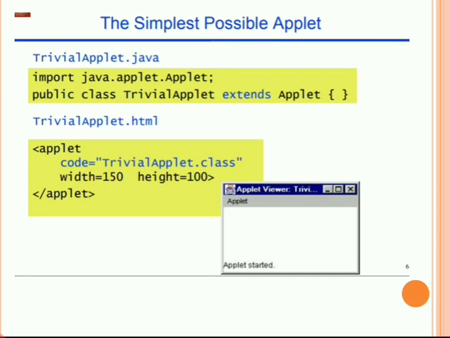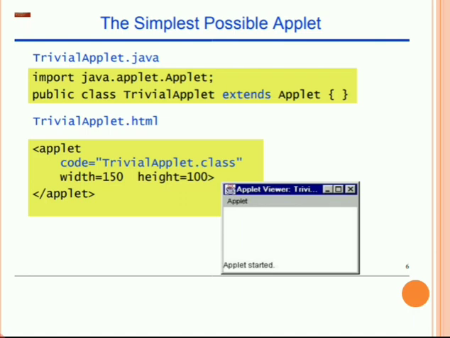TrivialApplet.java. Here an applet is generated or created, that is TrivialApplet. It is saved by .java extension as we have seen before. कोई भी java file .java extension से save होती है, और जो java applet होता है वो Applet.java से save होता है. और उसको जो name हमने अभी attributes देखे, what are the attributes, different for different purposes we are using the attributes. Here name attribute we can see that is Trivial. Trivial is the name of that particular applet. TrivialApplet.java. It is saved by .java.